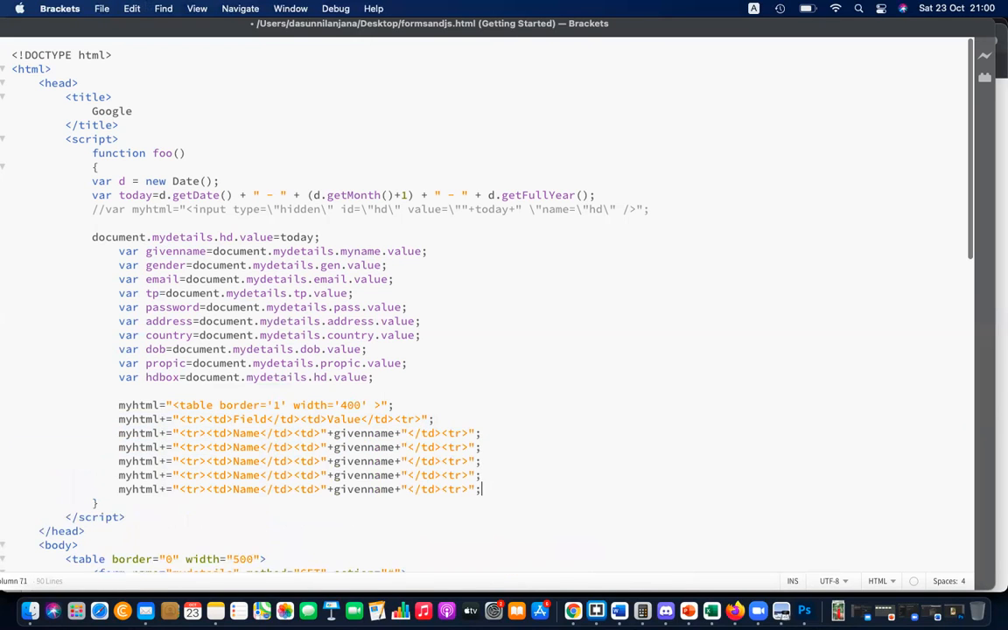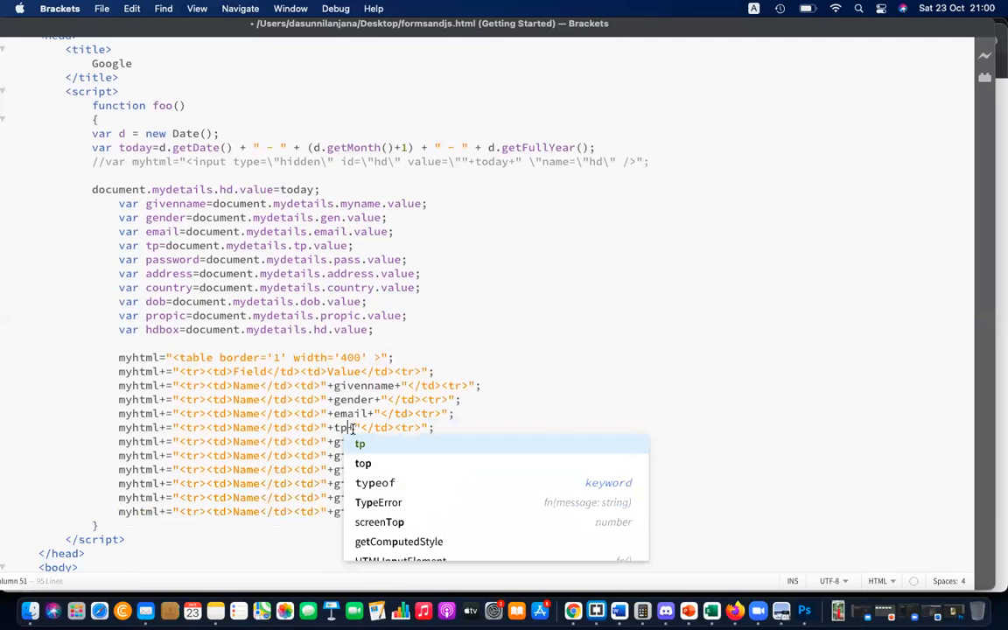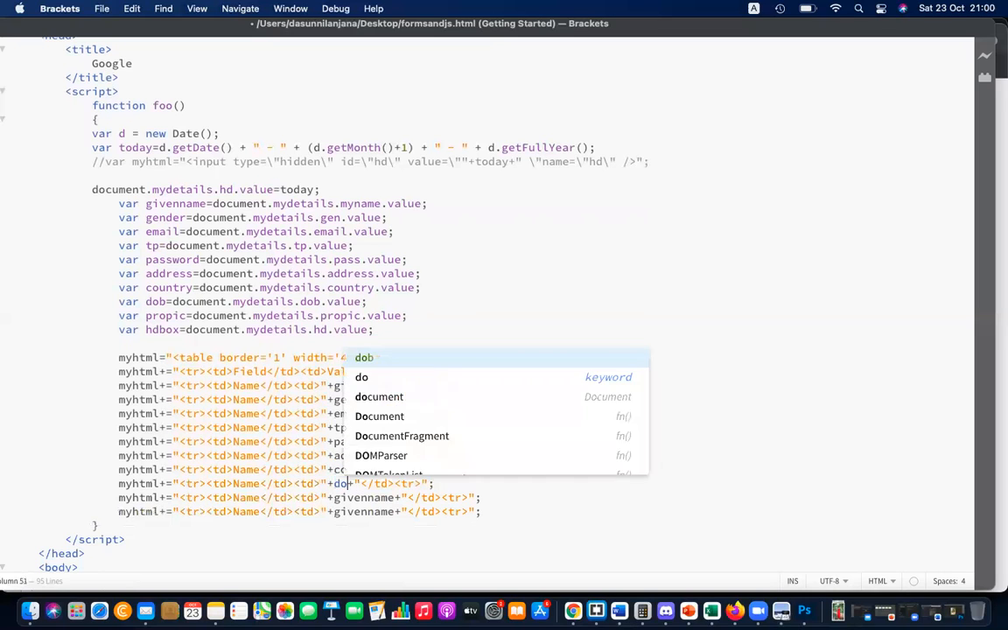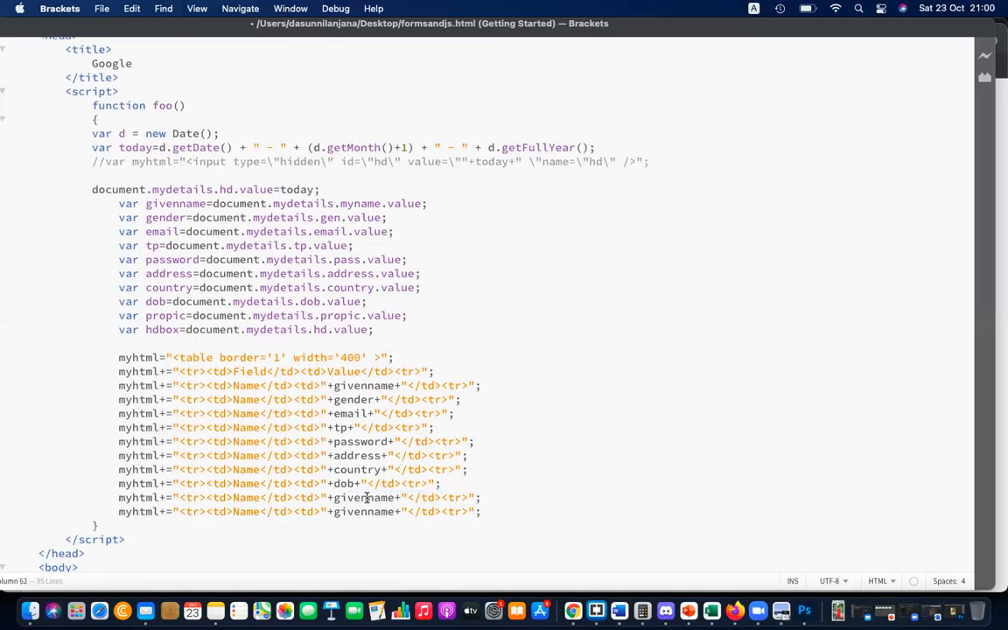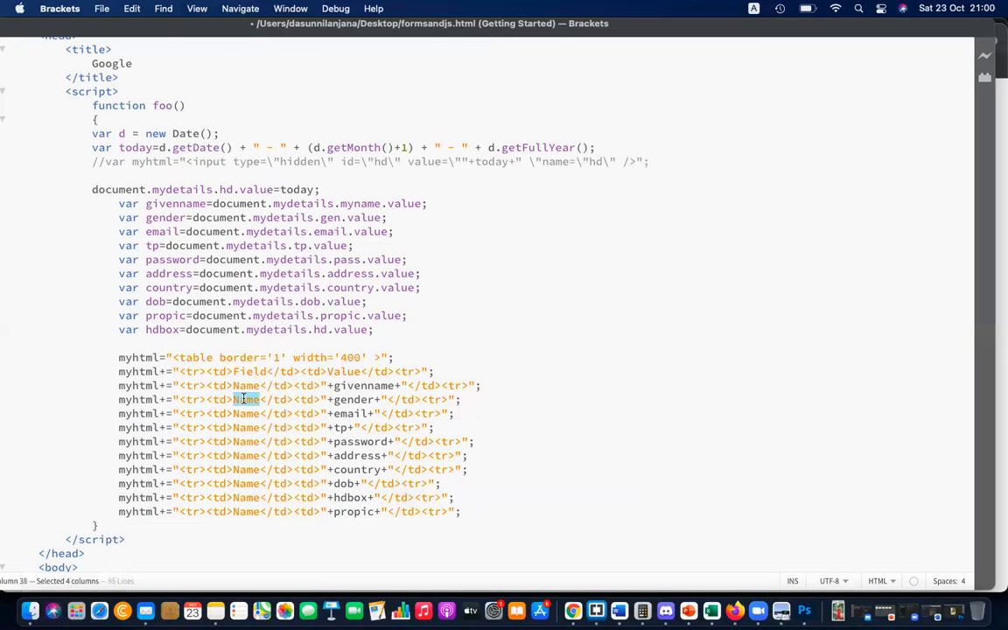1, 2, 3, 4, 5, 6, 7, 8, 9, 10. Okay, given name is needed, gender needed, email, then the telephone number, password. Actually, you should not display the password, but let's try to display it, and address, country, date of birth, the hidden field values, the hidden box, that is the loaded time of the document, and profile picture. Okay, let's put these things, gender. These are the display content, email,